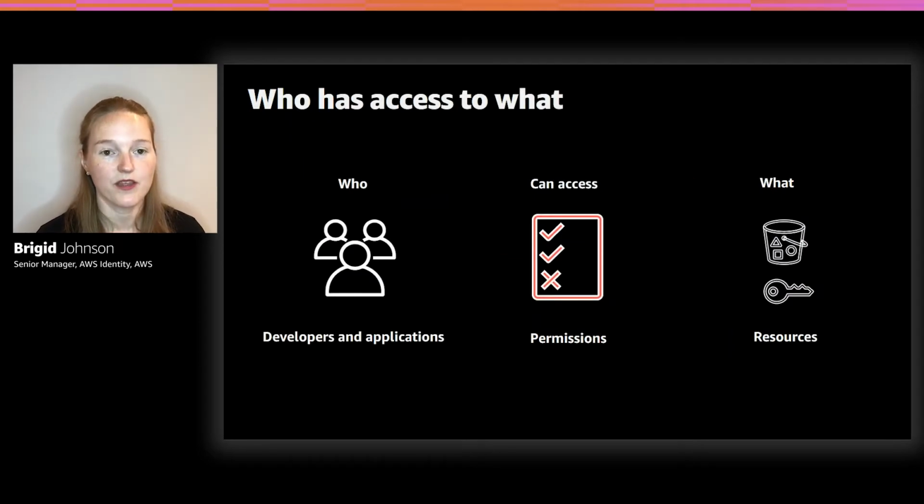All right, when we think about permissions, where do we start? I always start with who has access to what. And the who are going to be your engineers, your developers, your DevOps team, your security team, really those workforce users that are operating in AWS, and your applications. These are all of your identities. Then you have your what. You have your buckets, your secrets stored in Secrets Manager, your batch jobs, all of that. And what you need to do is you need to connect them together. So you have the who and the what, and right in the middle, you have the can access, and those are the permissions. And that's what we're going to talk about more today.